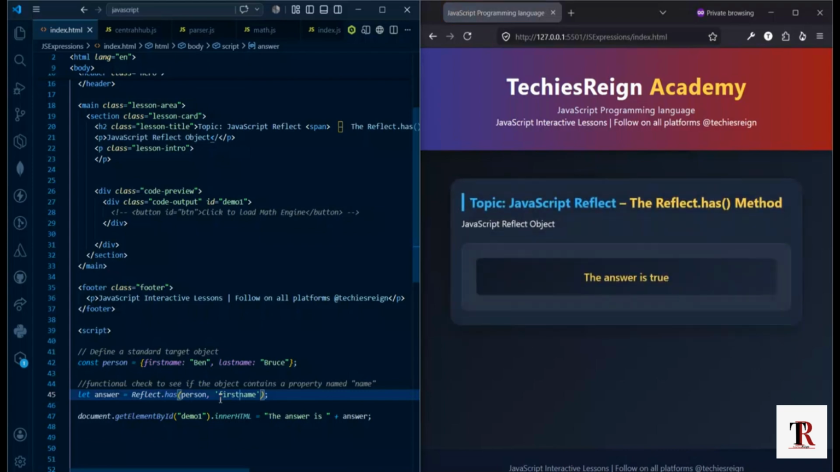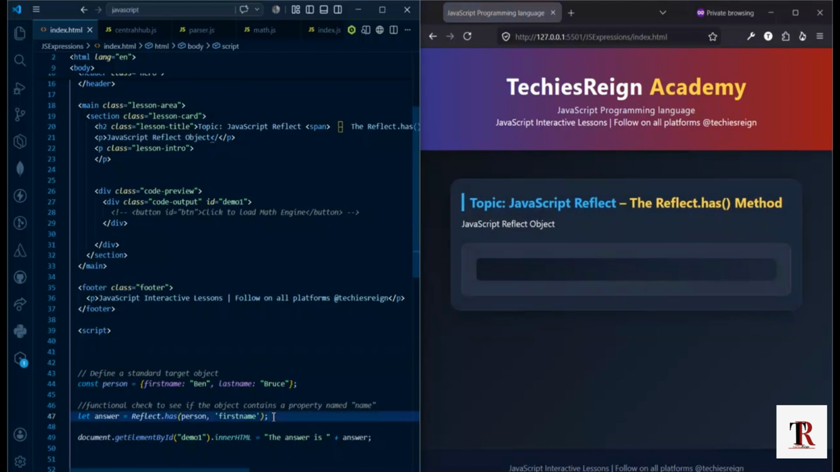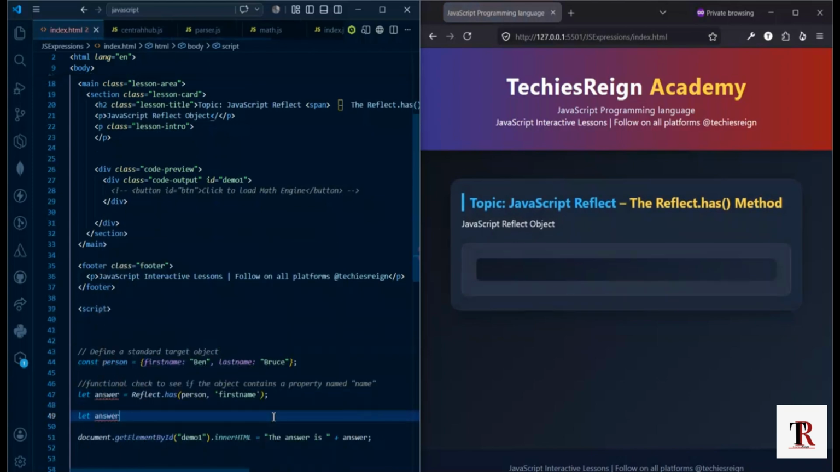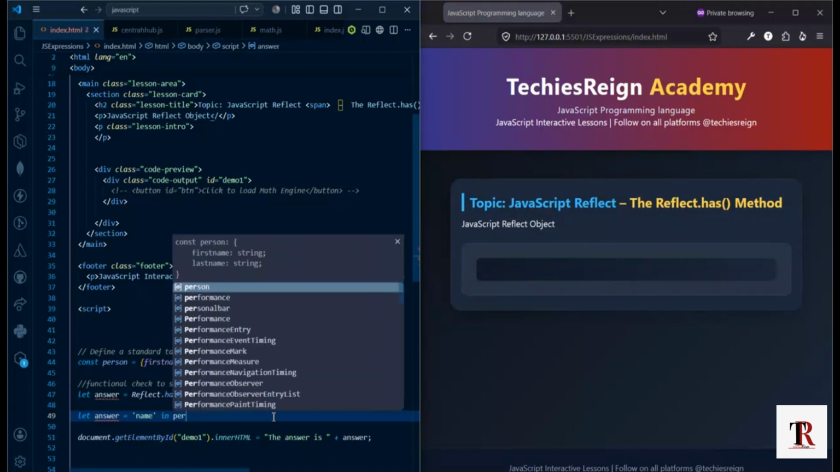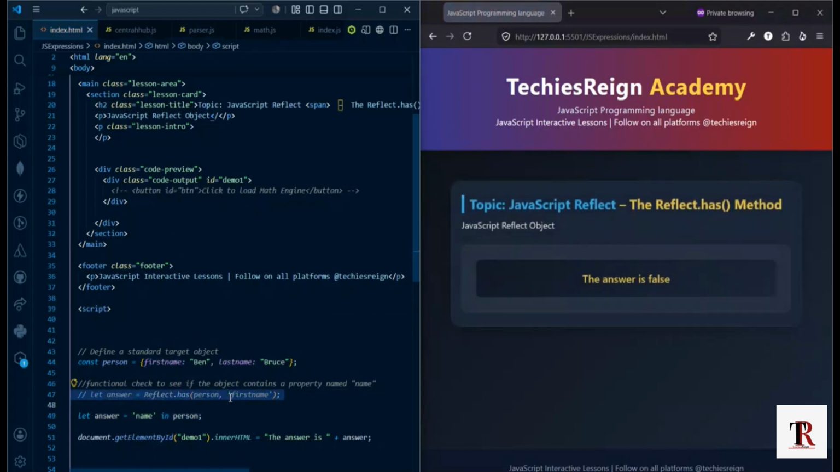Now, you can easily do this in the traditional way too: let answer equals name in person. Let me comment this out. Traditionally, you can see that this also works, because this is being done the traditional way. Now you might want to ask: